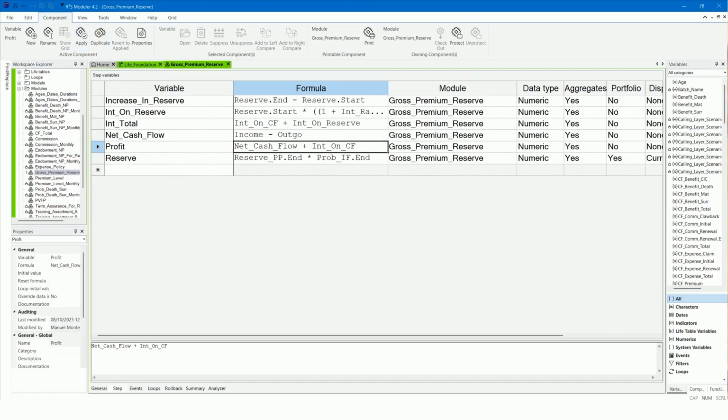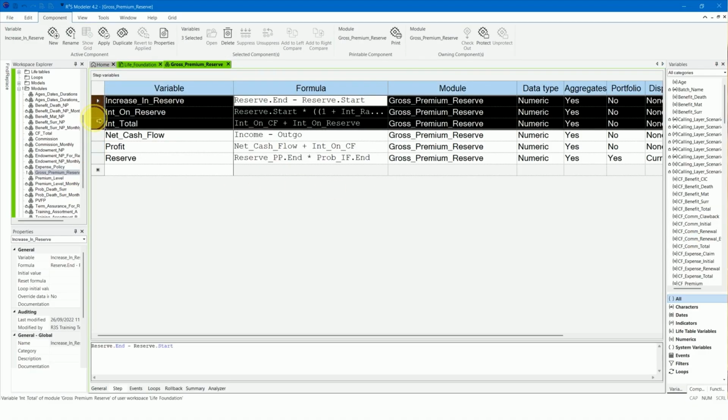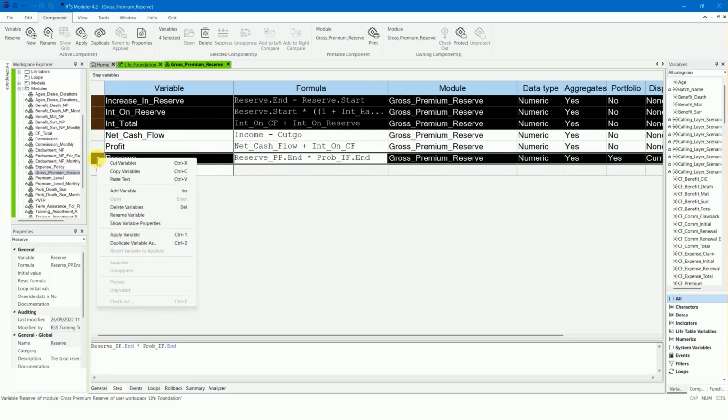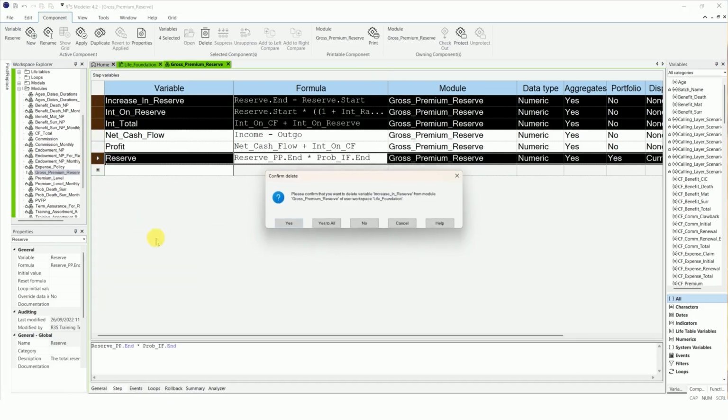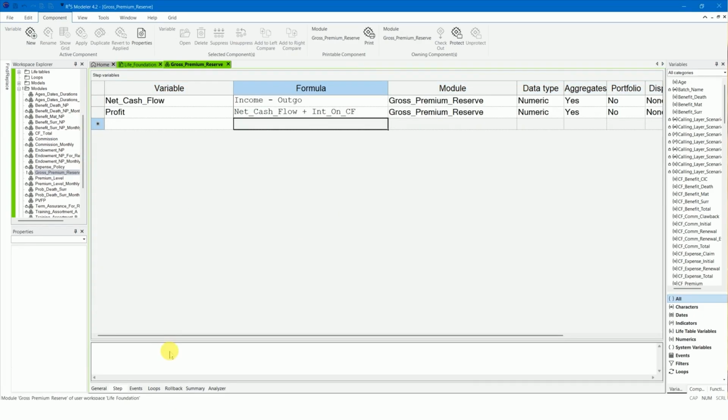Keep the step variables net cash flow and profit in the module and delete the rest of the variables. Go to the Rollback tab. Rename the variable PVFP and call it DISC-CF.